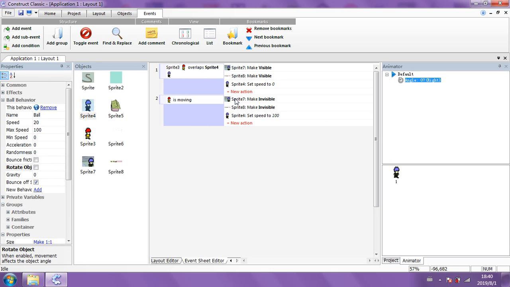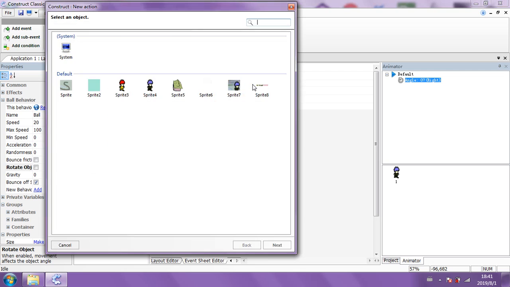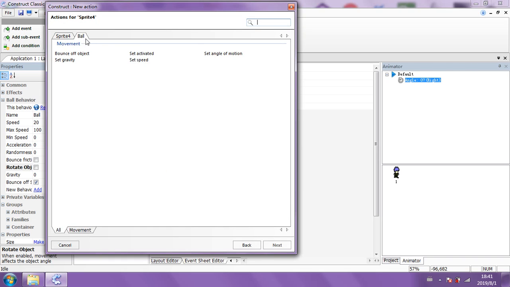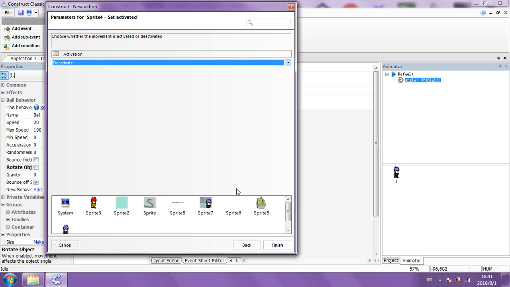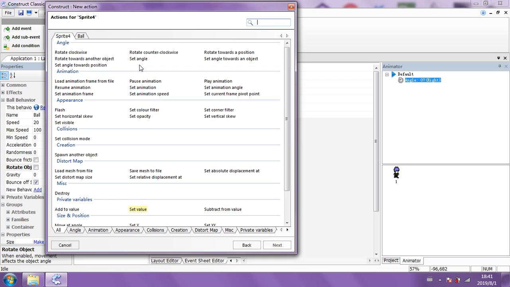It can go really fast. It makes it harder to catch the guy. He's a runner on the way, someone rushing somewhere. You have to quickly try and catch him. And time things, you know. But what I'm trying to say to you is this: we don't have to have this. We can say delete action and delete this action too. Oh, sorry, delete that. You could edit it if you wanted to. So for this guy, where is the action for the ball? Okay, set activated to deactivate. Okay, boom, and then for this one, set it to activated. Okay, where is it? Damn it! Ball. Yeah, sorry.